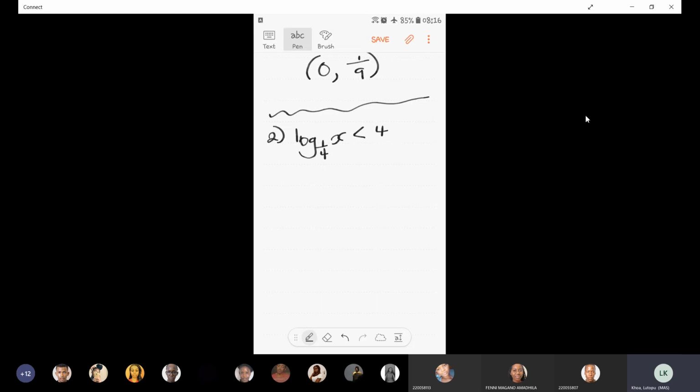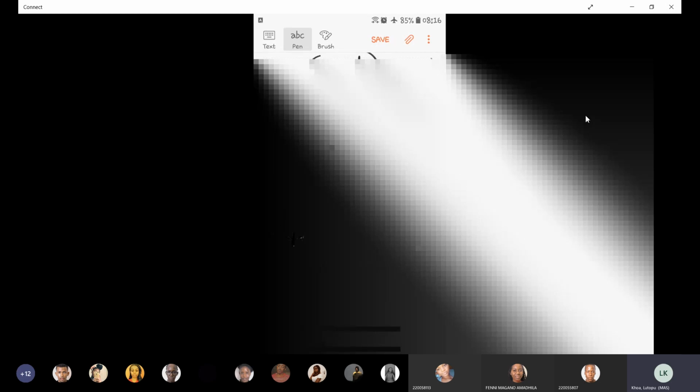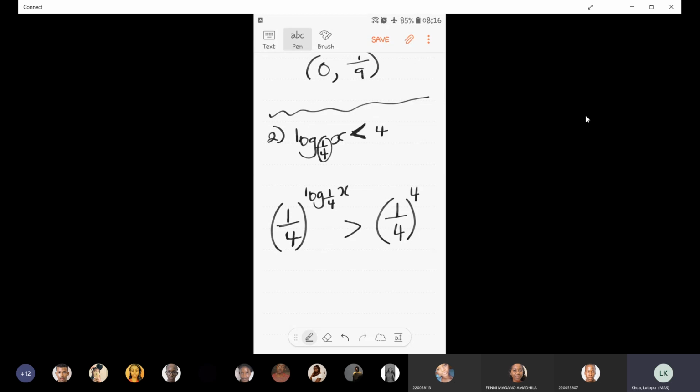I will still have a base of the exponent equal to 1 over 4, and then I'll raise it to log base 1 over 4 of x, and then on the other side I will also have 1 over 4 to the power of 4. And now my sign will change the direction that it is facing in. It was less than, then it becomes greater than. The reason it changes direction is because this number over here, the base of my logarithm, is less than 1. So when your base of the logarithm is between 0 and 1, when you exponentiate both sides, it should change